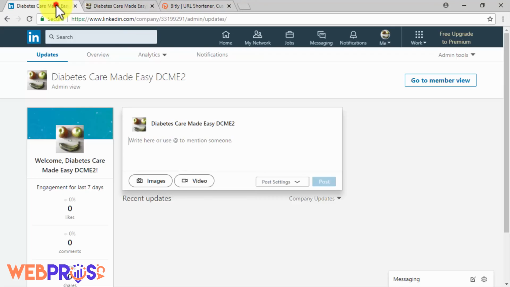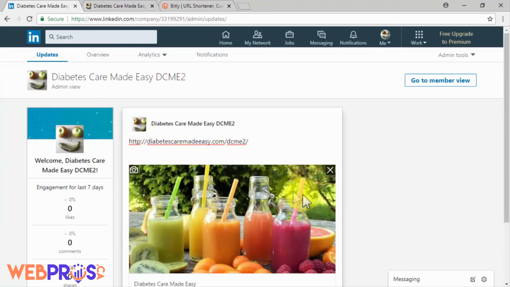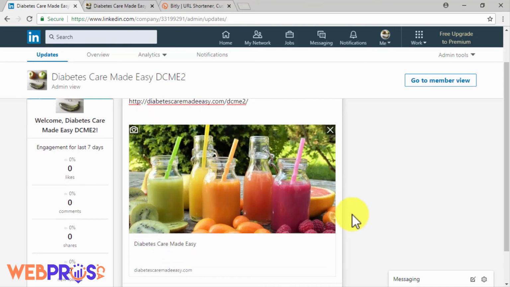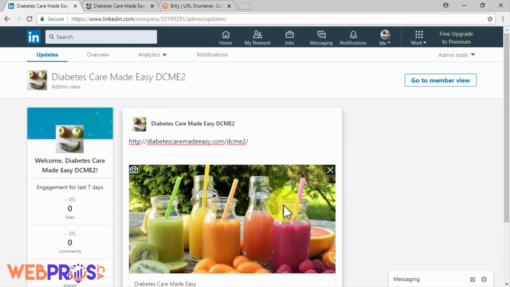To share a link on a company update, you will simply have to paste your link on the text space. As you can see, LinkedIn creates a preview of your link inside the update by pulling an image from that link. Users will be able to click through that image to access the content in your link, so you can delete the link URL from the text area. Once you delete the link URL, you can use the text space as a headline to describe your content.